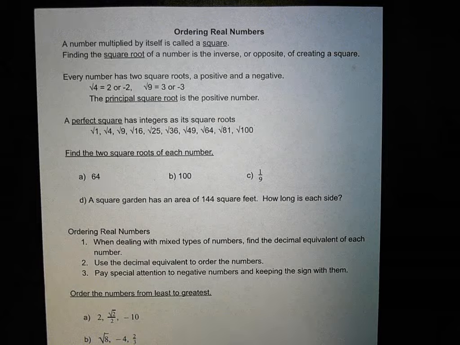So, we've learned about the sets of real numbers, right? We've learned that a whole number is also an integer, it's also rational, it's also real. Let's go into ordering real numbers. Now, to order a real number,